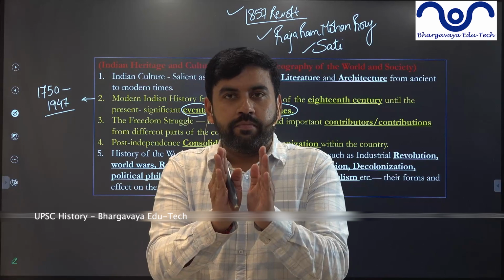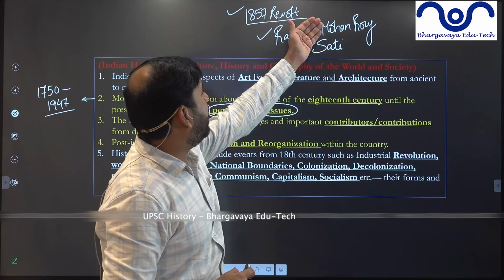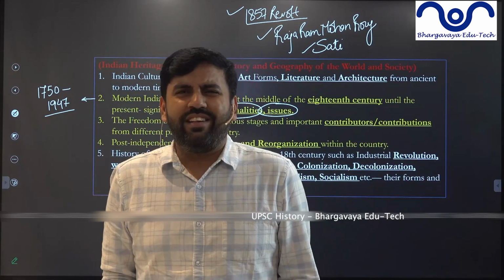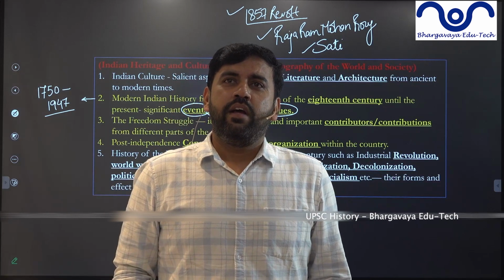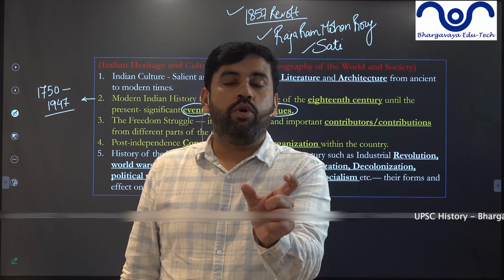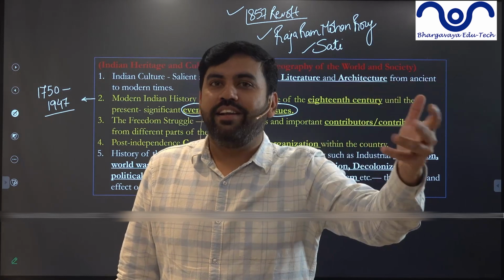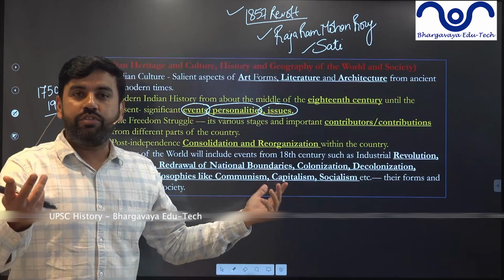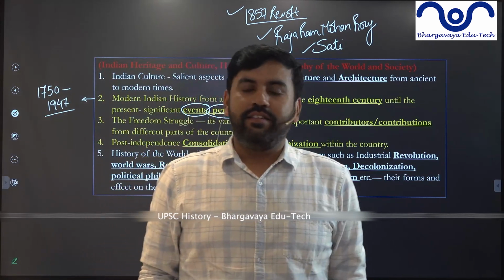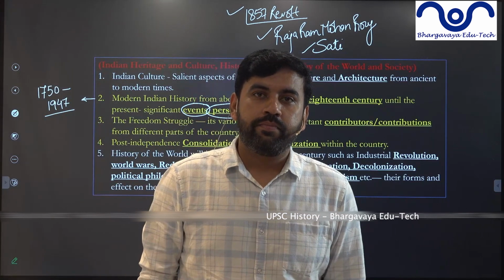Be focused, guys. I have seen students going through the biographies of the people. Arey, who cares how many times Raja Ram Mohan Roy got married? Or did Jawaharlal Nehru have extramarital affairs? Who cares? I don't care about that. I only care about Raja Ram Mohan Roy's contribution in creating history. So what and how he had created history? Is there any event that created history? Is there any issue that created history? So personal life is not my concern. I don't want to know about how Gandhiji treated his children. He had 4 sons.